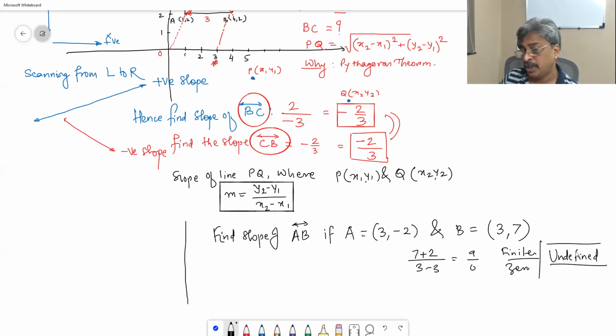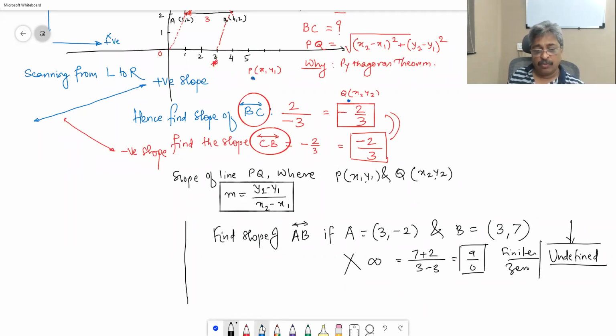No other word is to be used here, undefined, because you may have read somewhere that this is plus infinity, then it is wrong. It is not correct. The word you are supposed to use where you have 0 in the denominator and a finite number in the numerator, that ratio is illegal in the pre-calculus mathematics that we are learning, and we have to use only one word, undefined. Don't get into using more than one word.